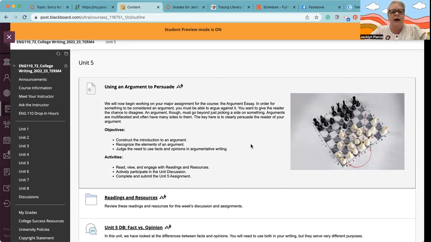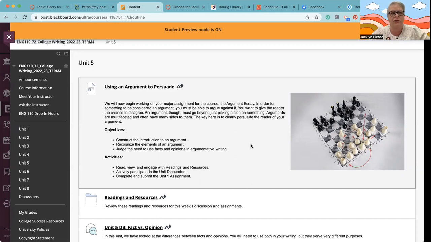We're also going to talk about facts and opinions this week. And this is a very tricky one, I think, for a lot of people, because we tend to think that facts are good and opinions are bad. But in reality, we can't just use facts in writing. It's literally impossible. When we are constructing the argument essay, for example, we're going to be relying on certainly some facts, but also on the opinions of experts in the subject matter,